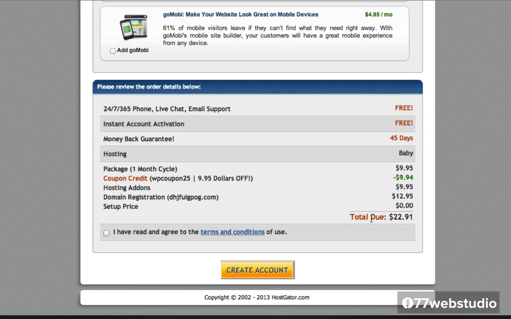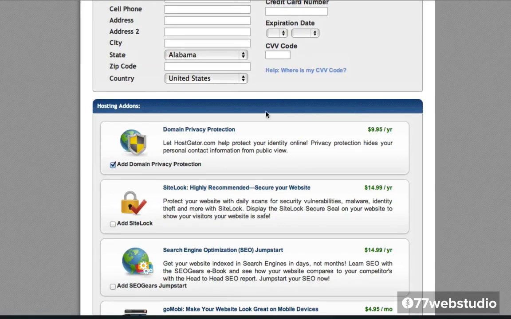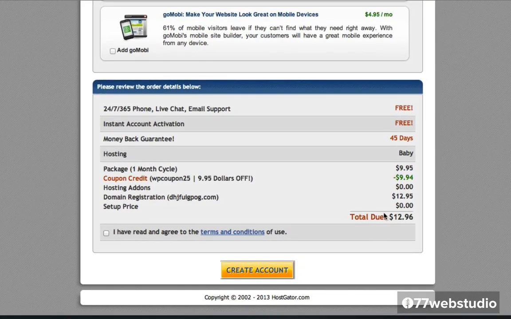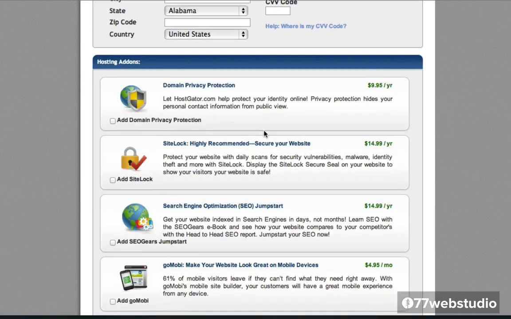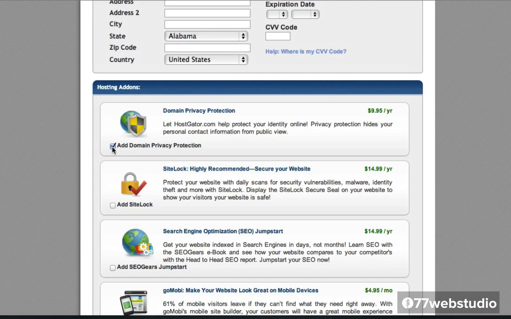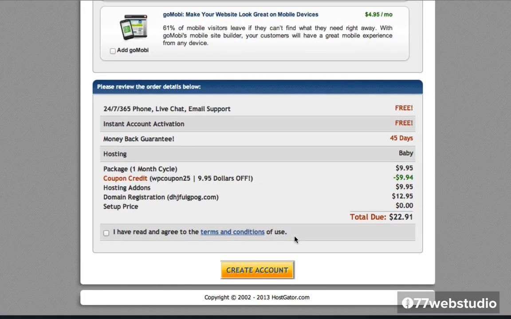So in total, we're looking at under $25 to get started. If you want to save some more money, as mentioned, you can uncheck the privacy protection and you'll note that now the total is under $15. But once again, I like getting privacy, so I'm going to leave that on. And the last thing that you want to do is you want to make sure that you click on this little box here that says I have read and agreed to the terms and conditions of use.